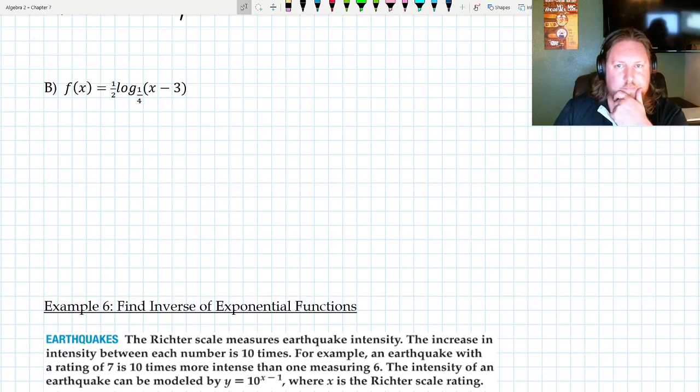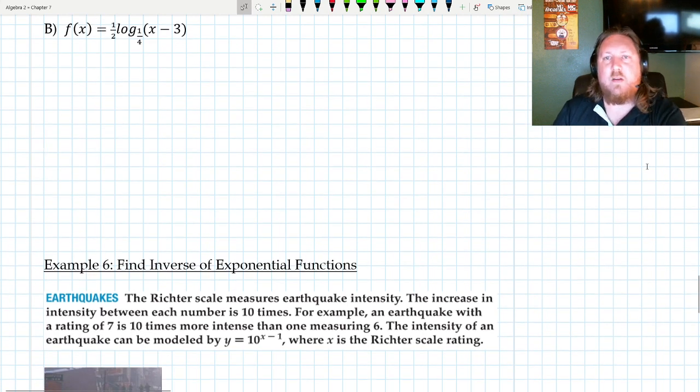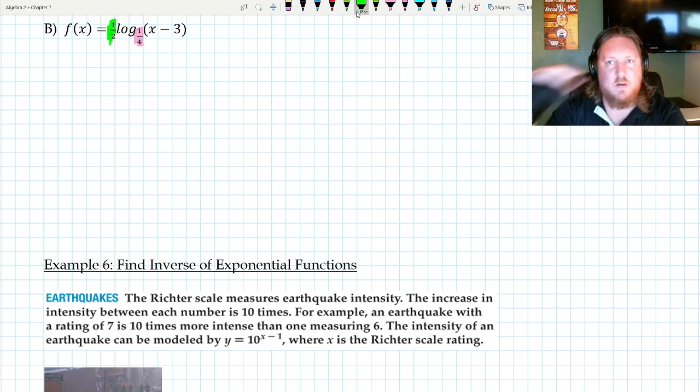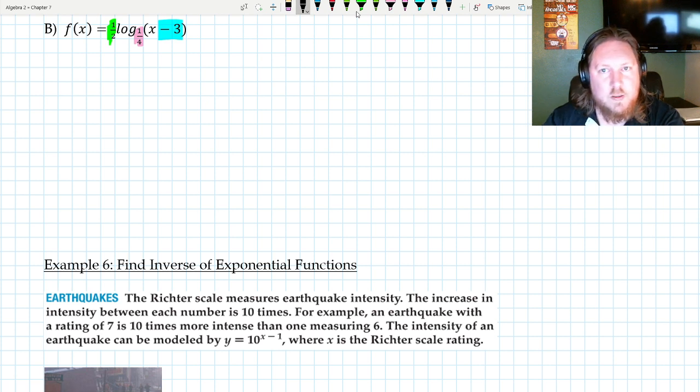Part B. I'm going to give myself a little bit more space. So a couple things are happening here. I have a base that's a fraction. I have a value, which is a fraction, so that's going to compress it vertically. I have a k value, or sorry, an h value inside there, so it's going to shift it left and right. So what I'm always going to do here is to figure out where the domain starts,